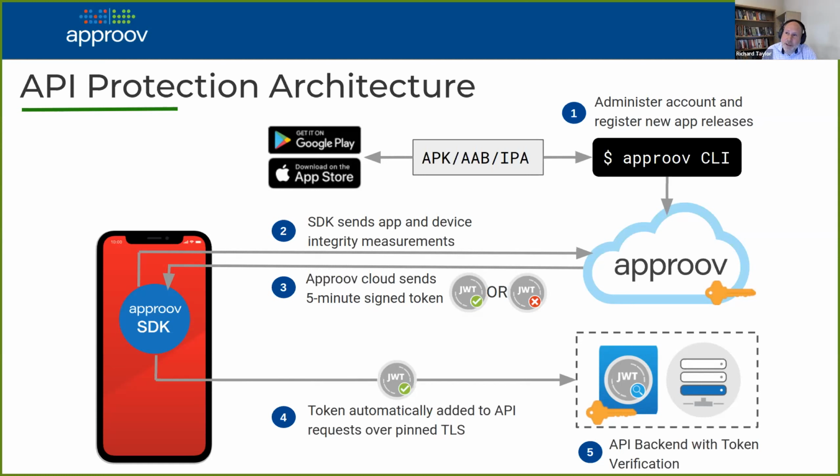The change you have to make on the backend API is that you need to check that the JWT you're receiving is valid, which you do by checking its signature against the signature for your account. This can either be a symmetric signature, depending on the style of JWT, or we also have public-private key pairs. So there's a private key inside Approve and then a public key that you can use to check on the JWT side. And if all checks out, so you've got a valid token, it's inside the 5-minute lifetime, then you can let the traffic through. And there's an automatic process that if your app's running for more than 5 minutes, it automatically refreshes it.